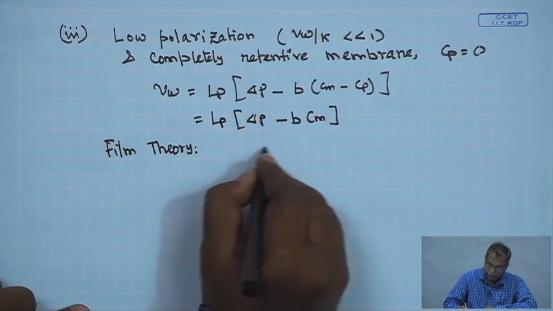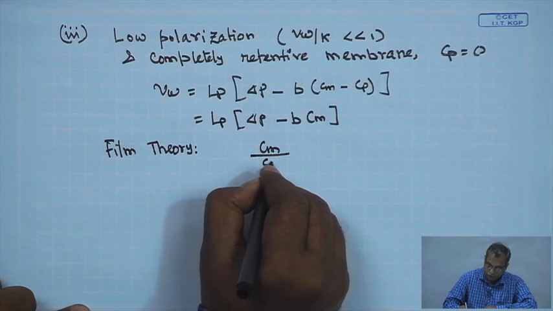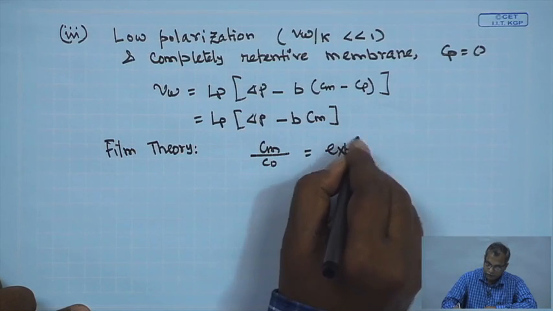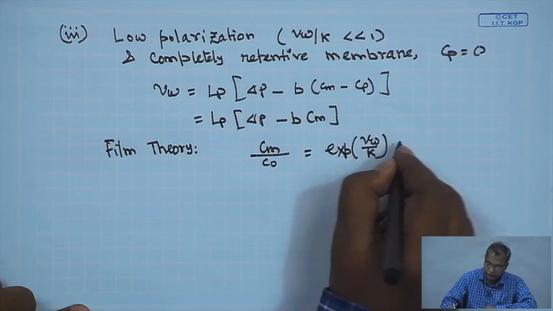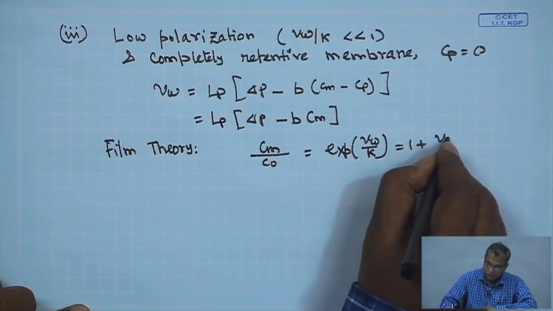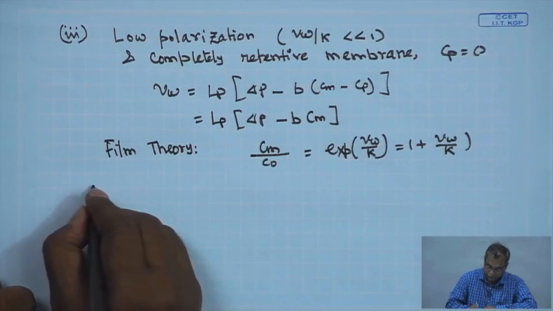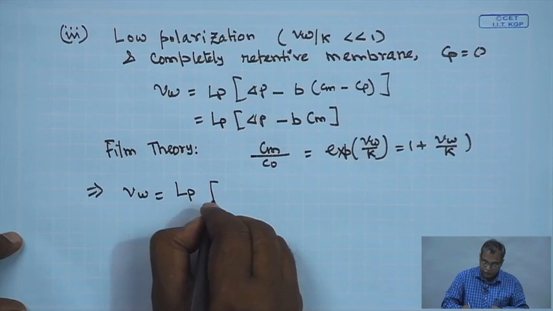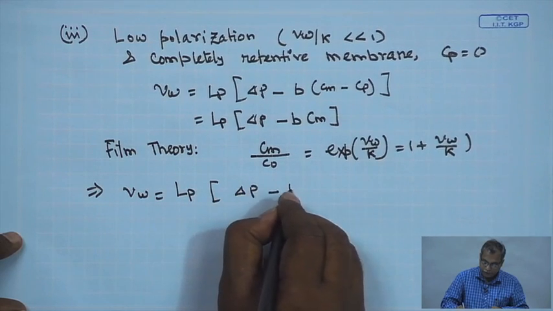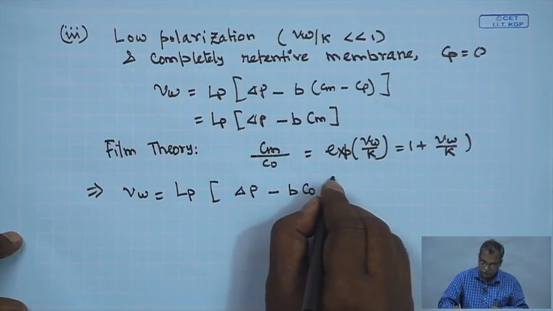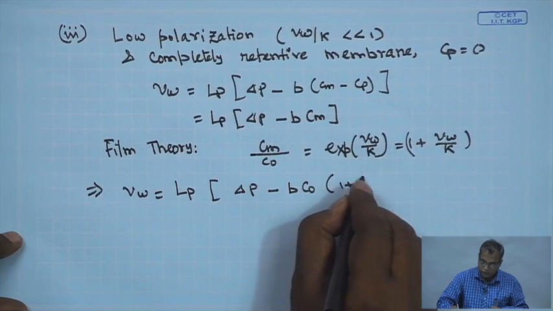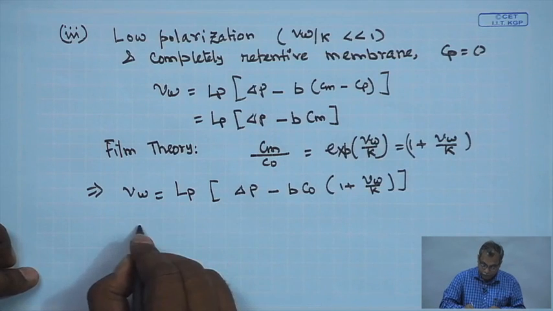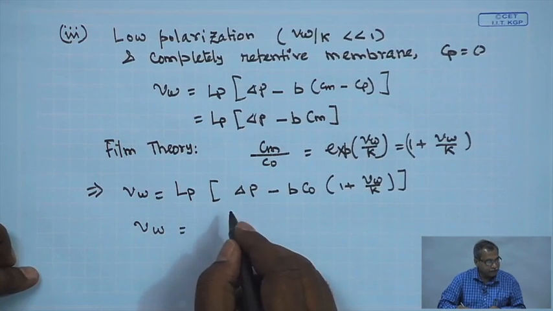From film theory, you will be getting Cm by C naught, because all Cp's are 0. It is a completely retentive membrane, so exponential Vw by K. So, it will be 1 plus Vw by K. So, you will be getting permeate flux equal to Lp del P minus B C naught, 1 plus Vw by K. Now, if you bring Vw to the other side and write everything in terms of that,